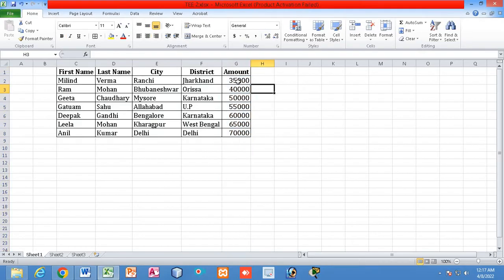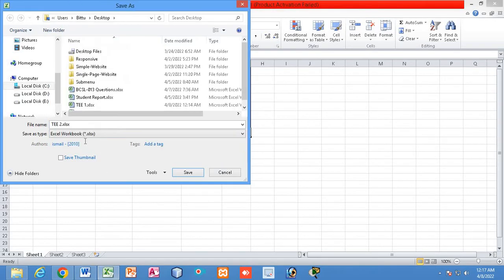Now you can see the smallest amount will appear at the top and the largest amount will appear at the last. Now we are going to save the file as TEE3,